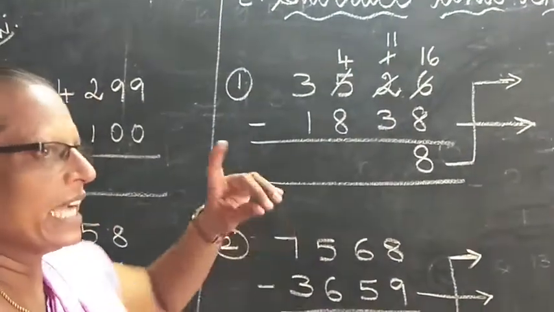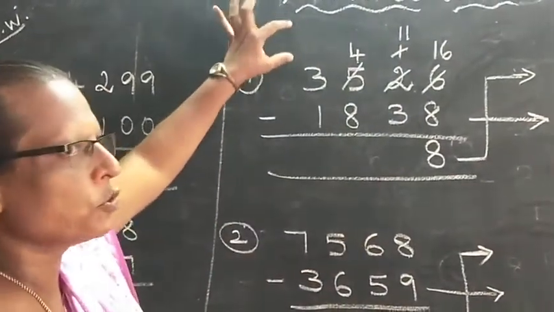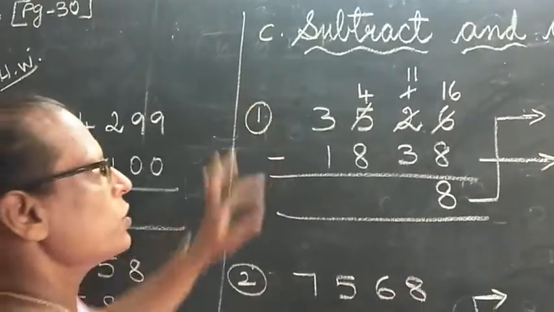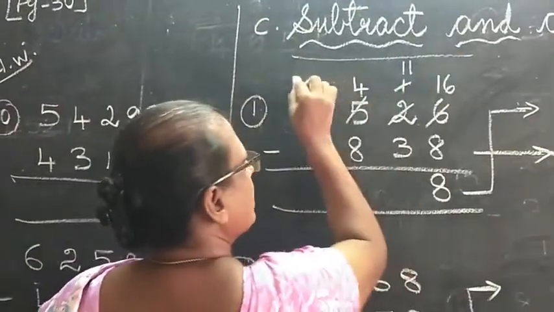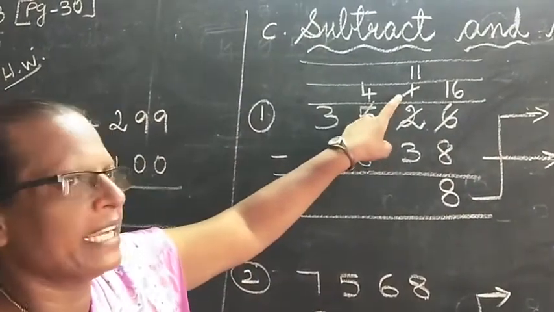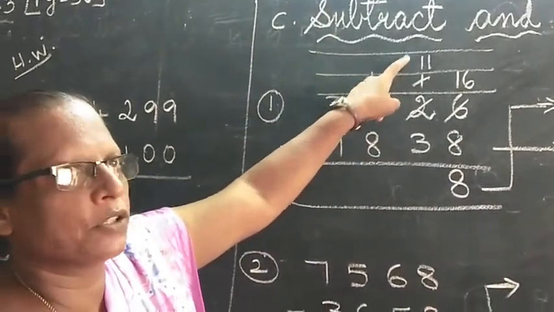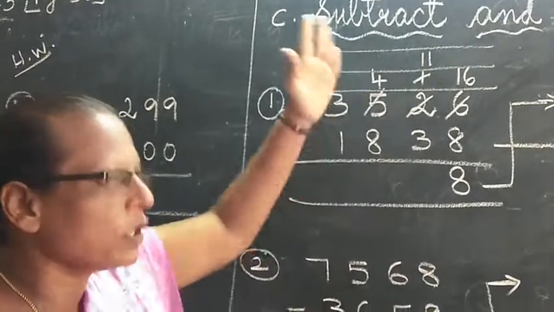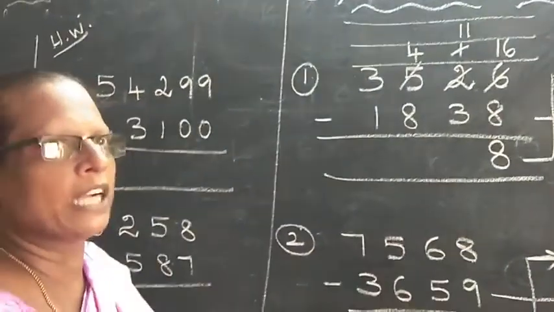So while writing, again I am telling children, you have to leave 2 lines and then you copy down. So if the notebook is there like this, you leave like this, so that while borrowing 1 you can write here and the other you can write. So in 1 line, 1 number will be easy for you. You will not have confusion.